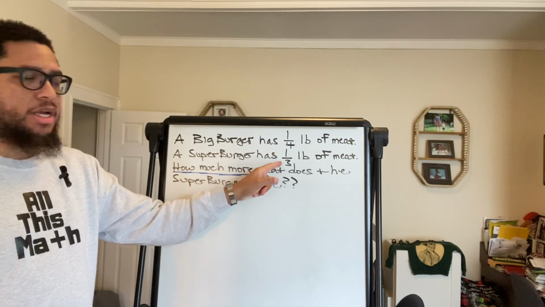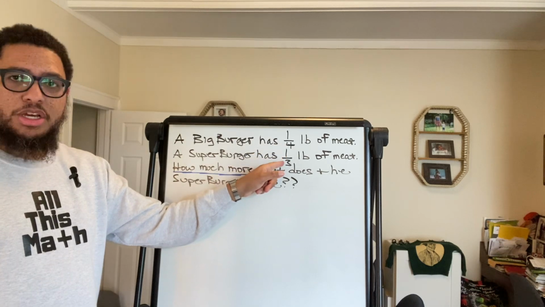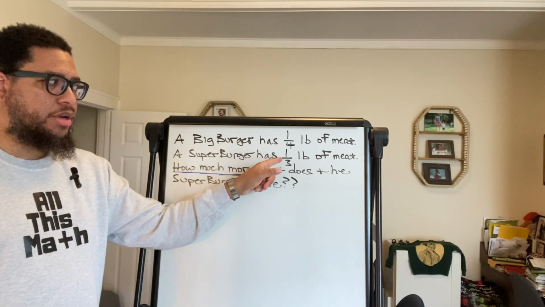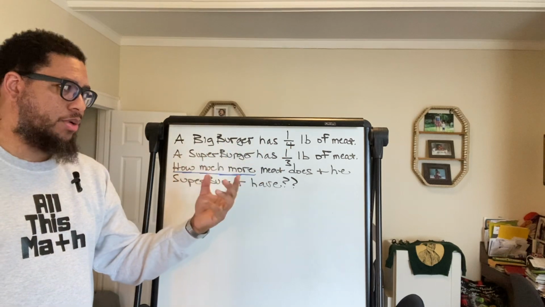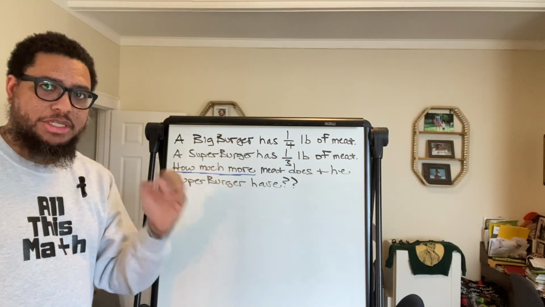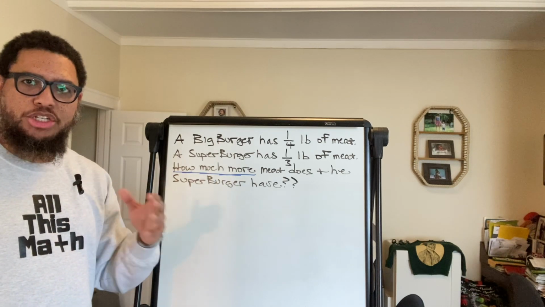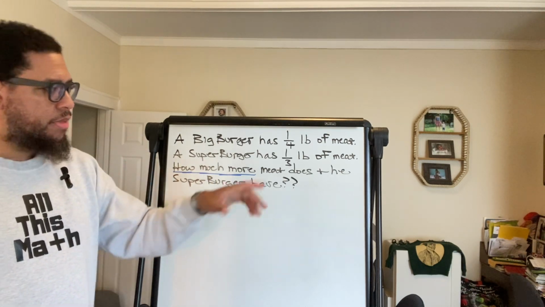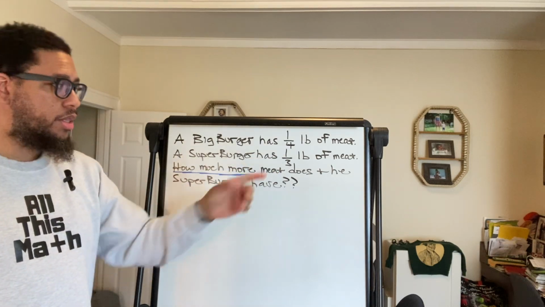1/3 means you got an object cut into 3 equal parts and you got one of them. These pieces are going to be bigger. That's why a third of a pound is more than a quarter of a pound, right? Because it's the same pound, the same 16 ounces. A pound is equal to 16 ounces, right? Using the British measurement system. So a third of a pound, a third of 16 ounces, is more than a quarter of a pound,